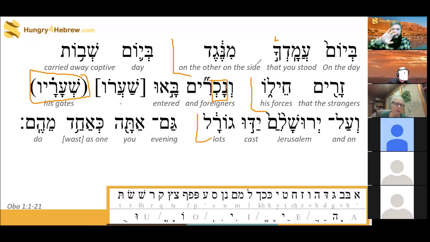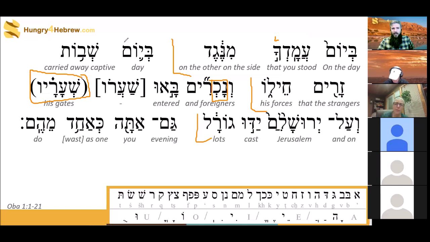mineged, which I think means something more like standing aside, not necessarily being on the other side, but like a spectator, someone watching rather than getting involved and helping. Like you see a crime in front of you, and how many people stand around and go, "Oh, look," instead of actually helping. On the day that you stood around, b'yom shvot zarim chaylo,